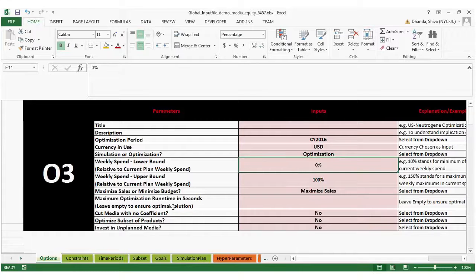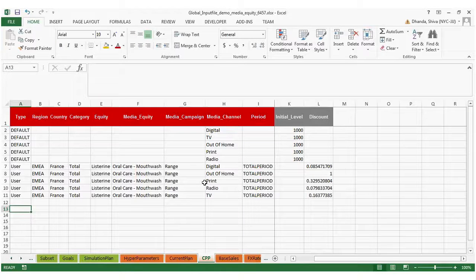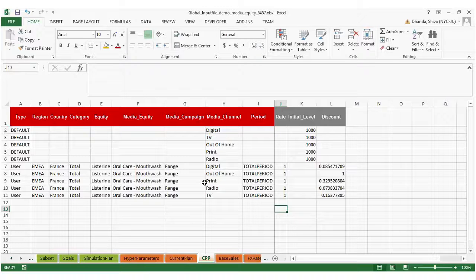Hi, so in this tutorial, we're going to show you how to update rates by the month. So very often here in the US, and I'm sure in other markets, the cost per point or the cost per GRP varies by month or by quarter. And the O3 app allows you to factor that in as part of your optimization because, for instance, the holiday